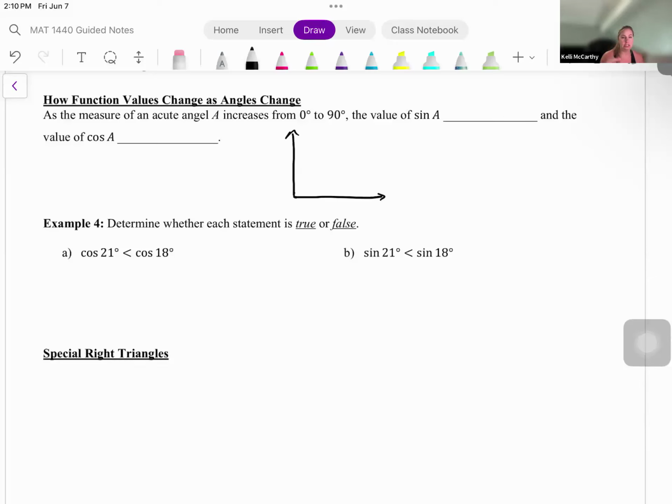Now, to illustrate this, I'm going to draw some triangles. We do want to remember that sine is associated with the y, and cosine is associated with the x. So let's start with a triangle of a lower angle measure. There's our first triangle. Here's its angle. Now, if I make an angle that's just slightly bigger, but keeping that same length of the radius or the hypotenuse,